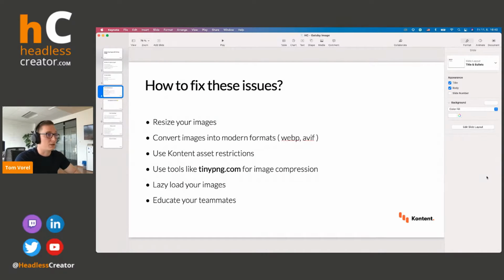How to fix these issues? Resize your images. You can resize the images in Photoshop, GIMP, or you can do it through the browser as well. There are plenty of sites where you can drag and drop your images and then download the resized version. The same goes for converting images to modern formats like WebP and AVIF, as we saw in the previous slide. Use content asset restrictions. This is a specific feature of Kentico Kontent where you can actually enforce a certain size of the image and even